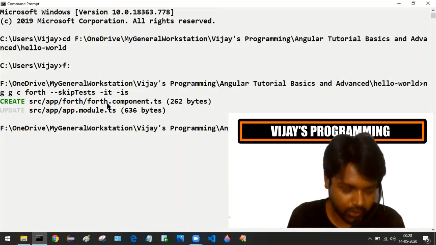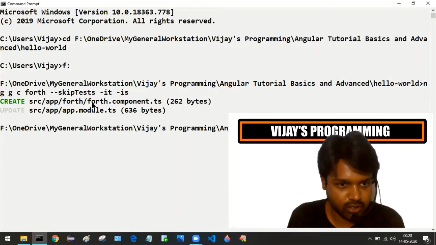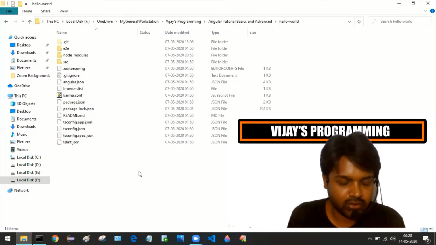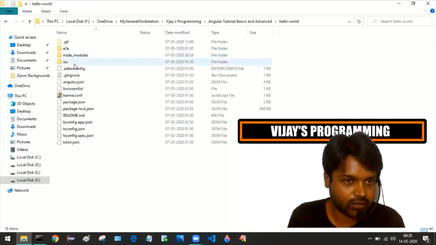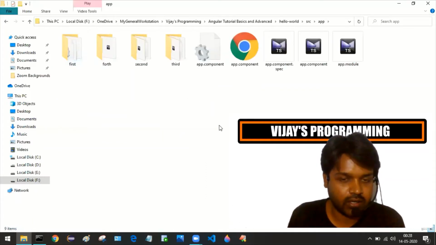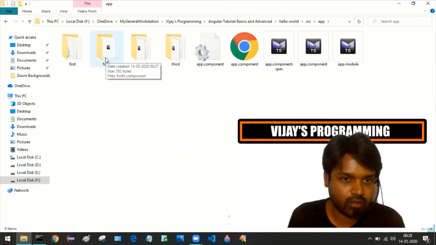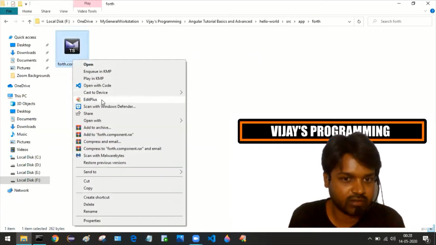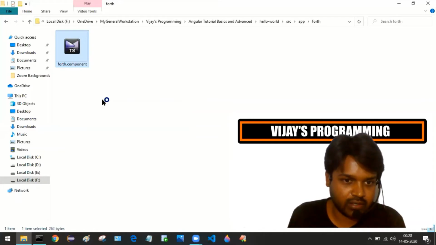Within that folder, one file has been generated, that is fourth.component.ts file. Only one file. Go to that particular folder, go inside src, go inside app, and here you can see the folder with the name fourth. Go inside that folder and please open it with any text editor.